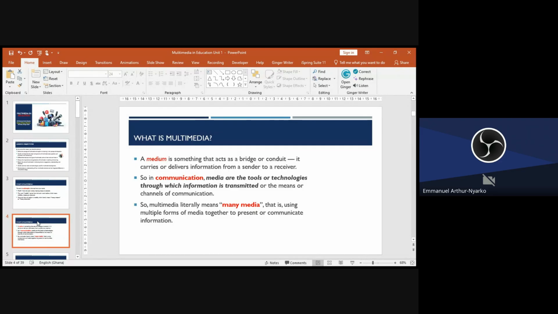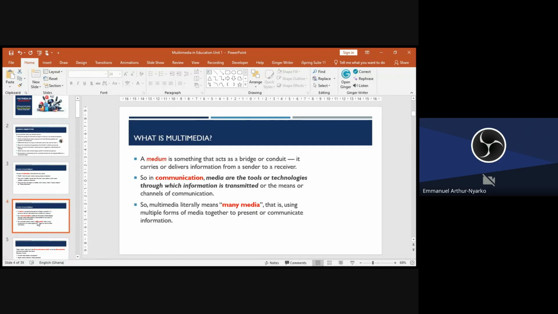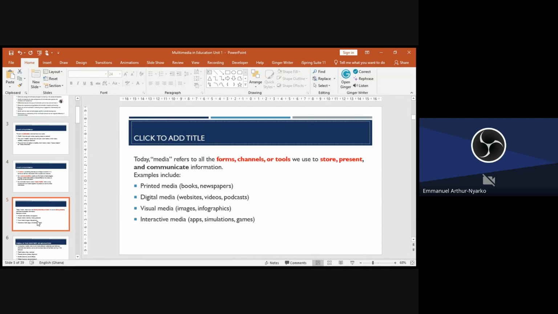So we understand multimedia as many communication channels. That is it. So we can look at it from this direction.